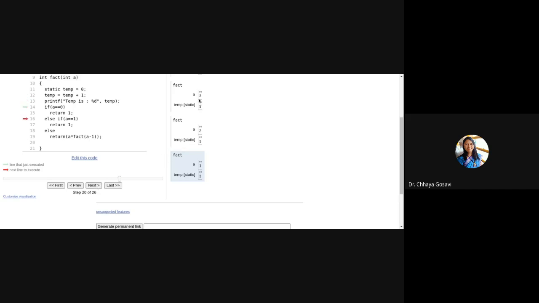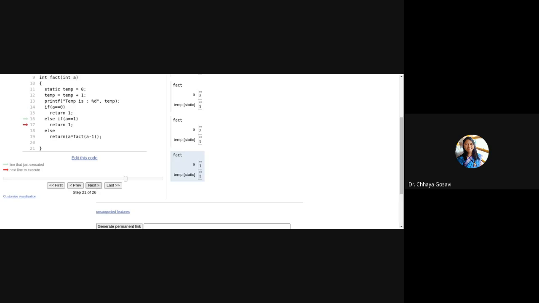Now the value of a is 1, so it will match this condition and return 1. But it will not return 1 to the main function, it will return 1 to the calling function. The calling function is fact of 2, so this value will be 2 into 1.